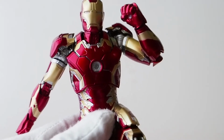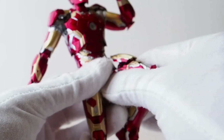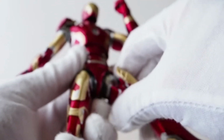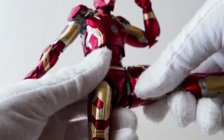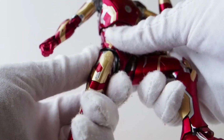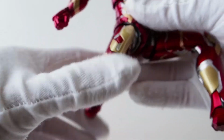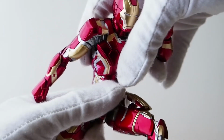So let me zoom out a little bit, and let's see if I could give you guys a landing pose. That's gonna be a little bit tricky because the hip section is just so tight. So gotta spread the legs out a little bit, like so, and then lift this leg up, like so, and then move this leg down, like so. Somewhere around there will be good. And this one outward, bend that knee, and then you could do the ab crunch, turn his head, turn his